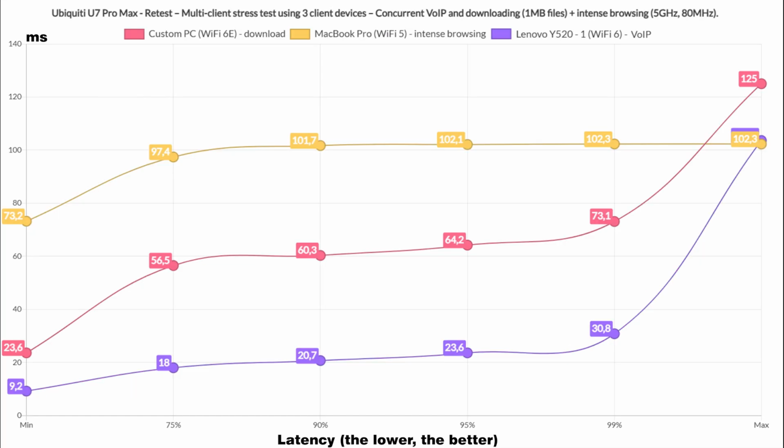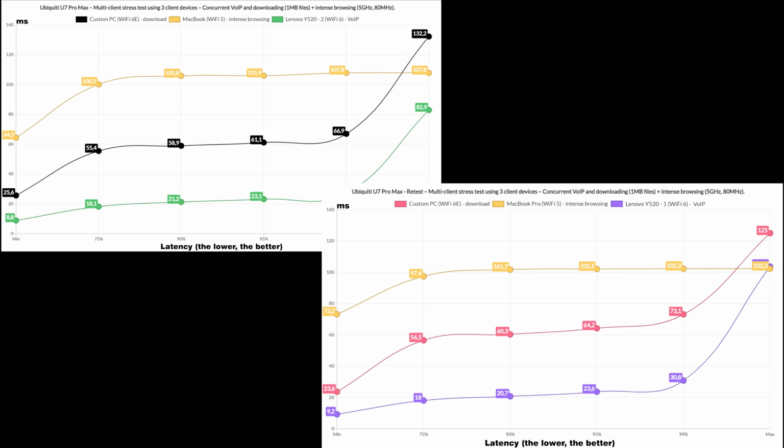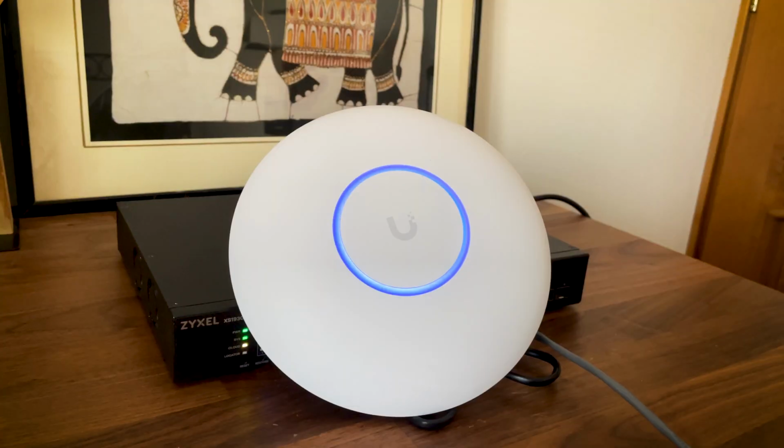The last multi-client test removes the 4K streaming client and replaces it with voice over IP, while the Wi-Fi 6E client will now download a 1 MB file continuously. I could see some minor differences, but honestly the performance is very similar across the 2 graphics on all 3 client devices. So does disabling the wireless meshing have a positive impact on the overall performance of the Ubiquiti U7 Pro Max? In terms of throughput, I did see some